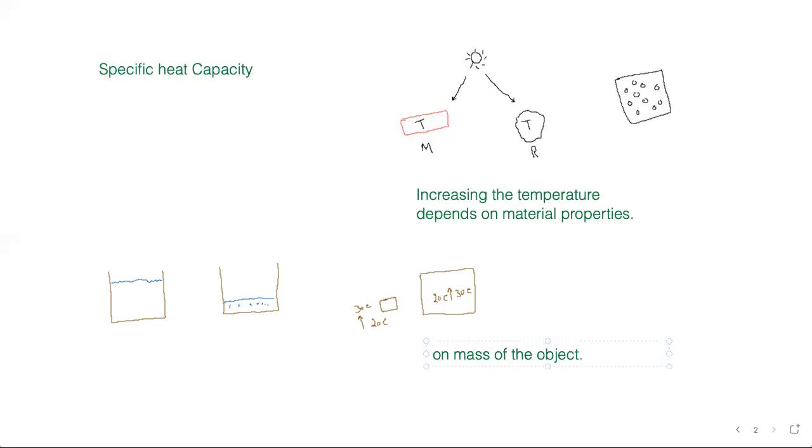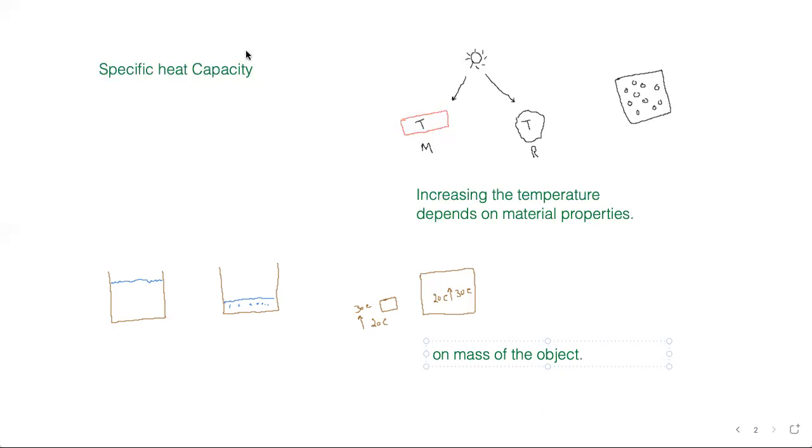For example, if you distribute some money among people, and there are only two people and you have 10 pounds, each will have 5 pounds, so they can buy a good sandwich. But if you have 10 pounds and there are 10 people, each will get 1 pound, and that would not be enough to get a good sandwich, isn't it? Yes. So they will still be hungry. So their temperature will not be high enough compared to the two people, isn't it? Yes. So this is what we understood.